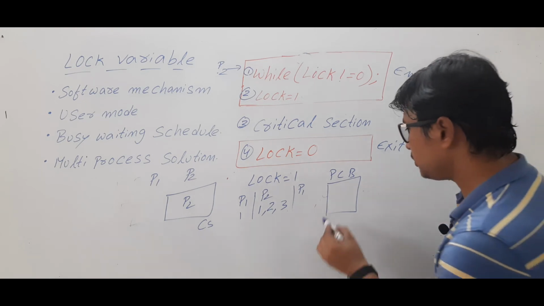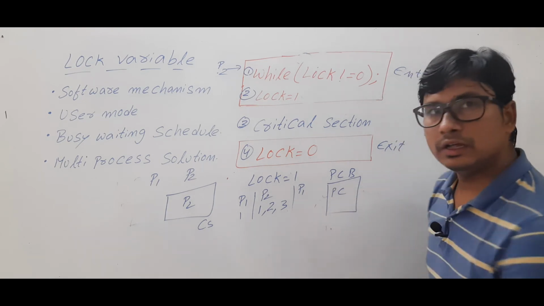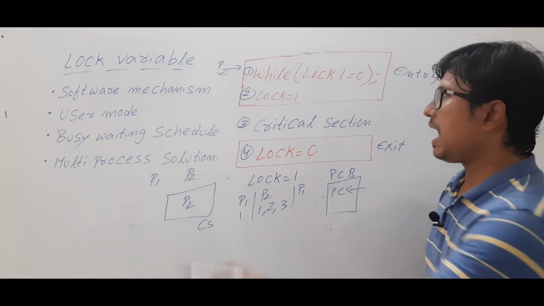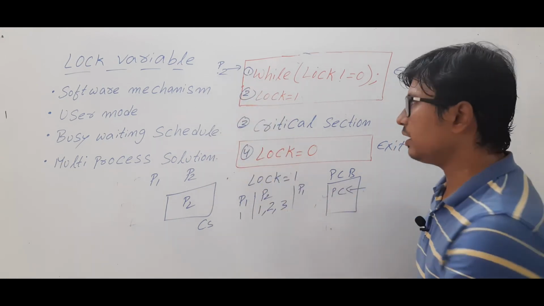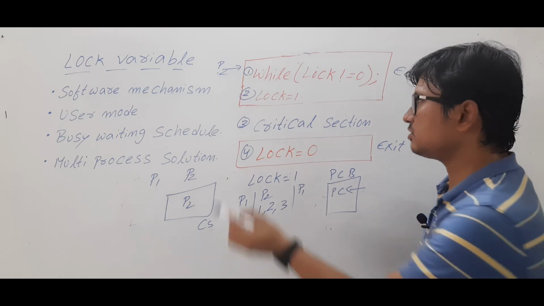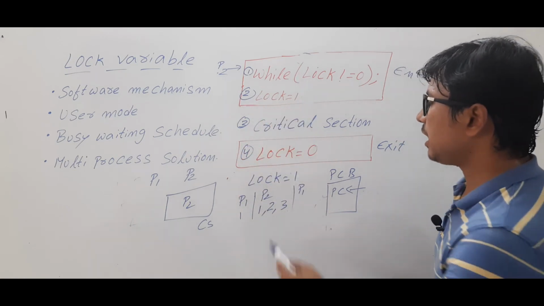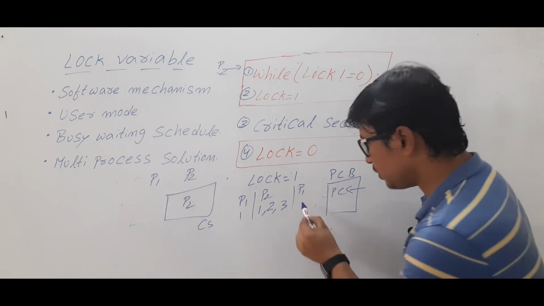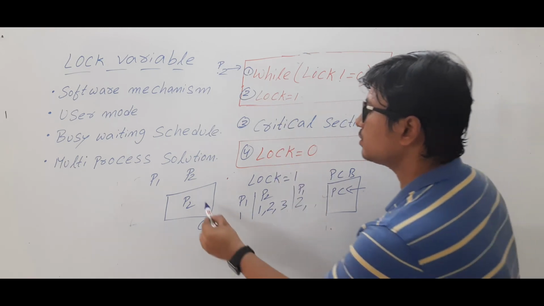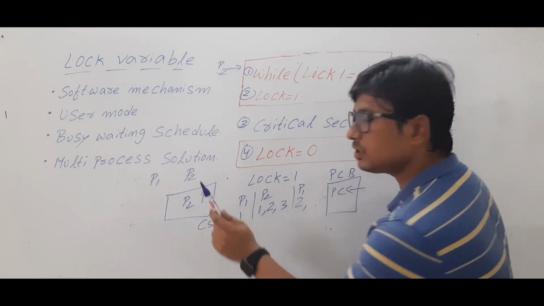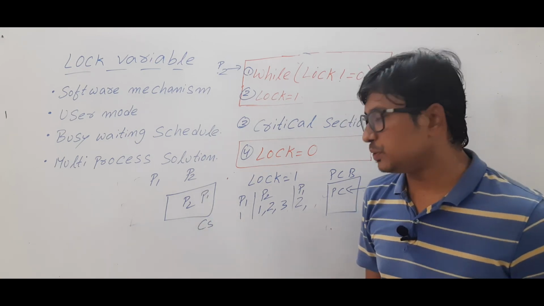One of the attributes is the program counter. The program counter will have the address of the next instruction. As it has executed instruction 1, the address of the next instruction will be this one. So again it will update lock equal to 1 and it will enter the critical section. Now look here, at a time both processes P1 and P2 are there in the